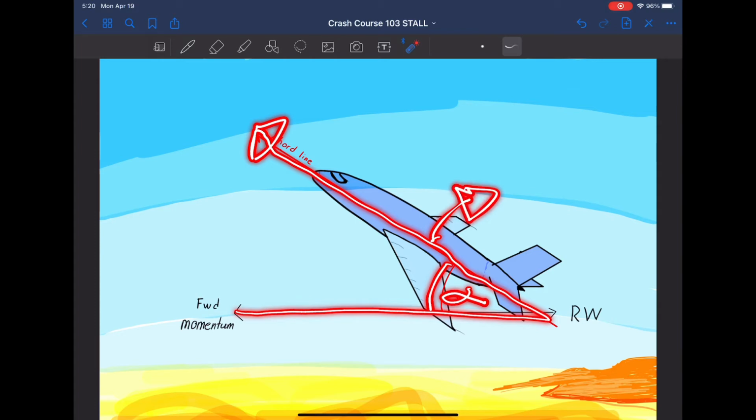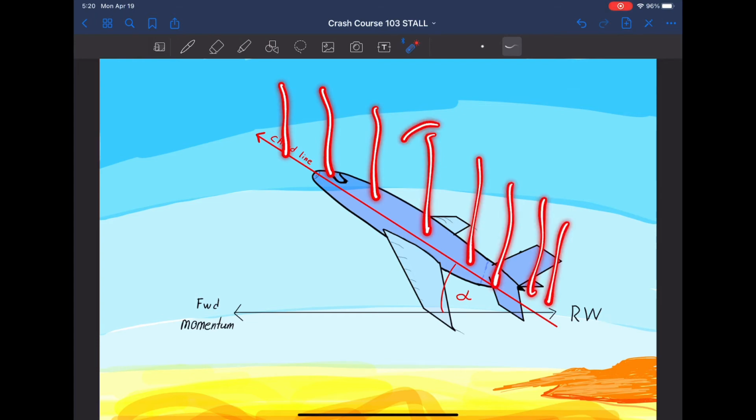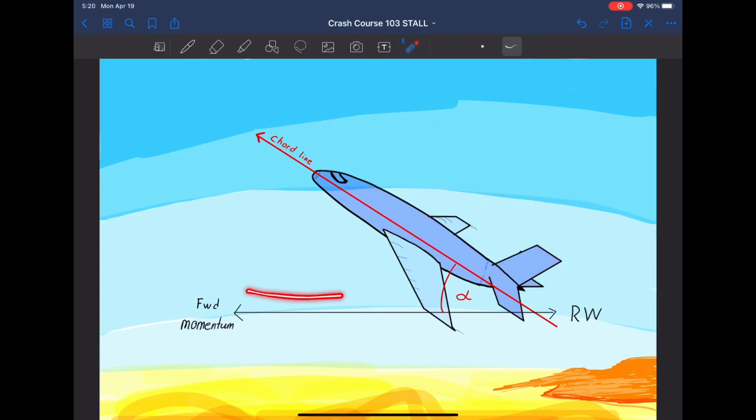Once you exceed your stalling angle of attack, so if the red line goes any further, you enter what's called a stall. Any further increase in angle of attack will result in less coefficient of lift. The wings stop working. The red line is pulled away from the black line so much that the airflow is beginning to separate on top of the wing, meaning that your wings are not developing any more lift,